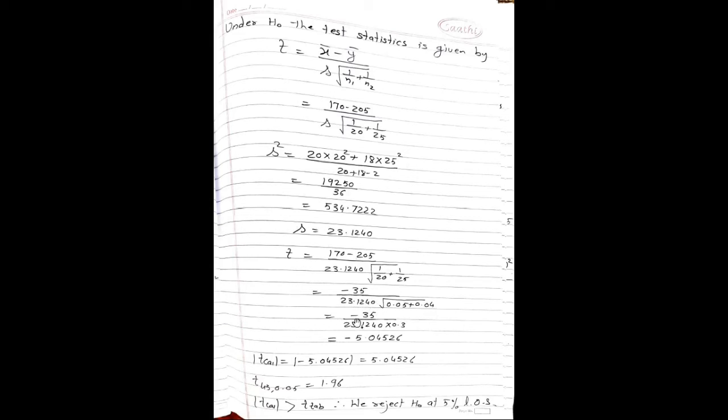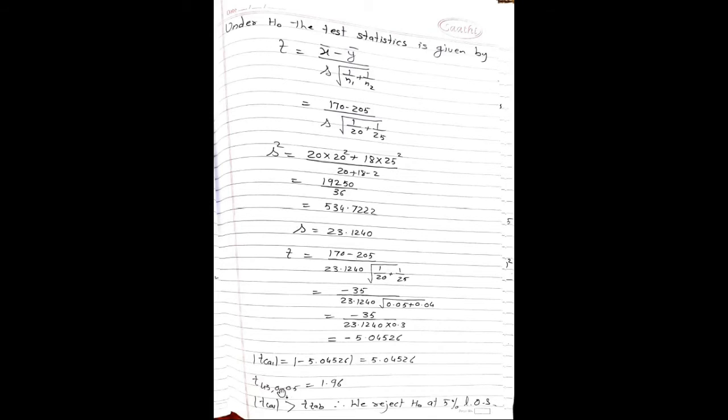So the answer is minus 35 divided by 23.1240 into 0.3. So the answer is minus 5.04526. So mod T calculated can be written as mod of minus 5.04526 is equal to positive 5.04526,